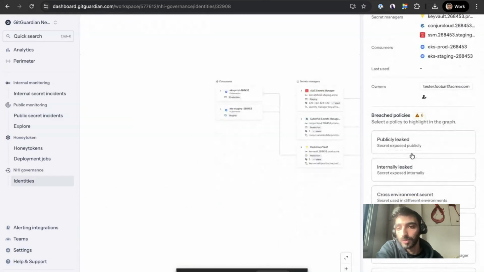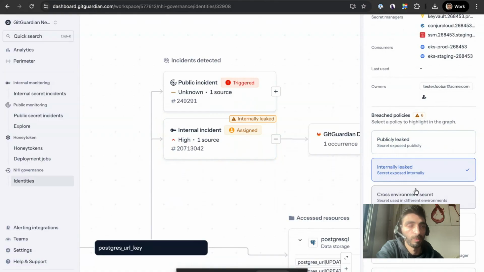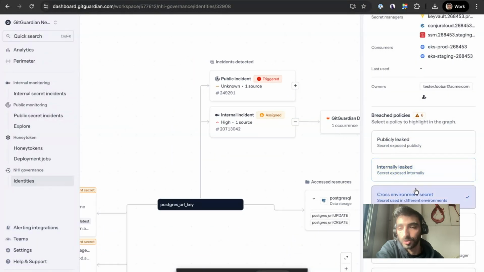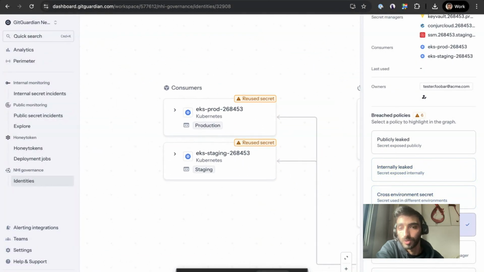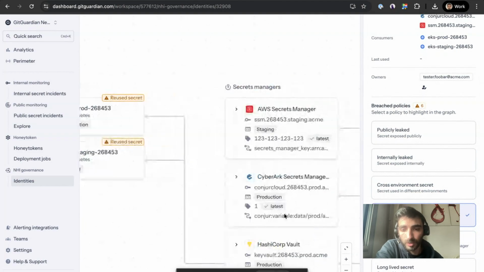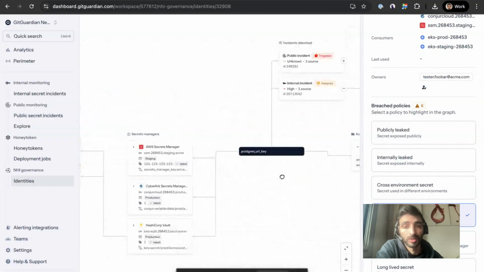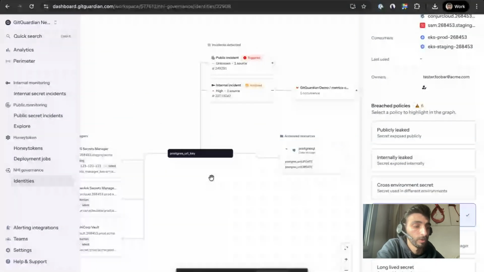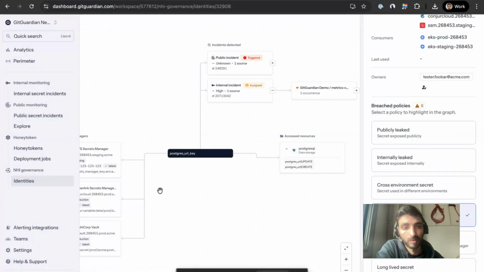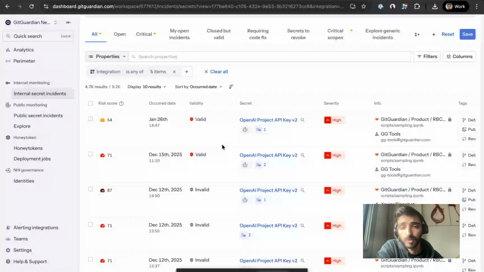And you can see the different types of breached policies tied to each credential. So you can see if something's a reused secret, if it's a duplicate secret. And you have more control over your entire environments, as well as being able to monitor for the usage of these credentials. So what GitGuardian does is that it provides you with a way to automatically understand which credentials have been exposed, and